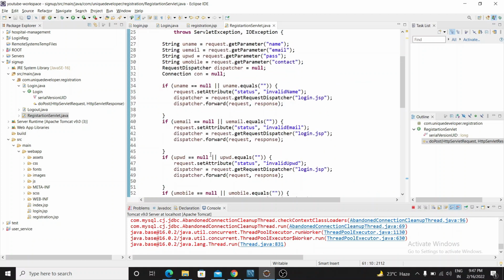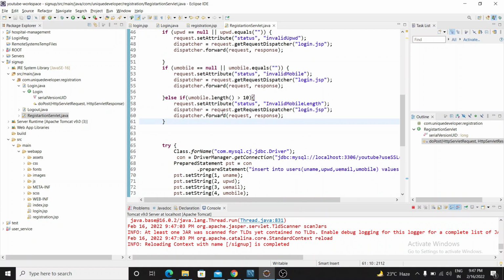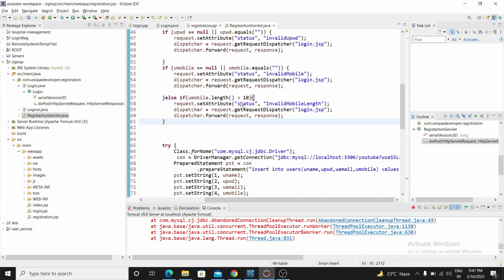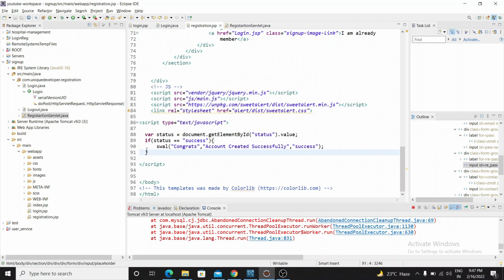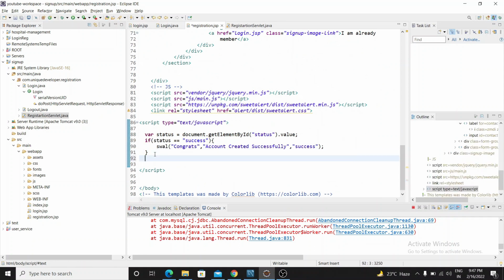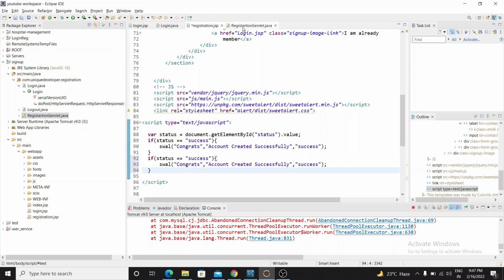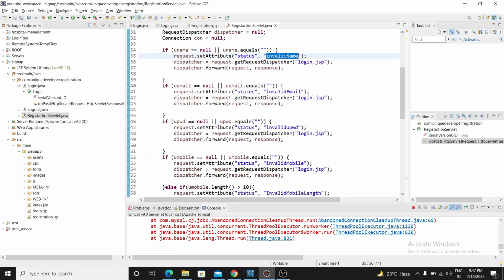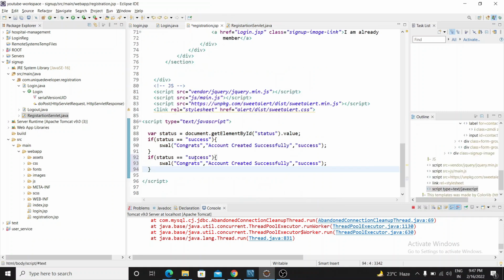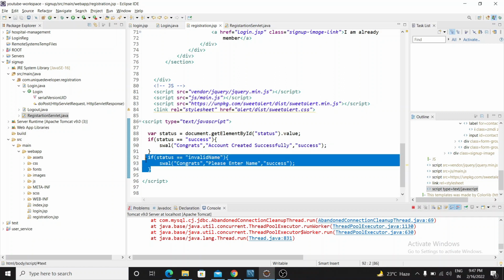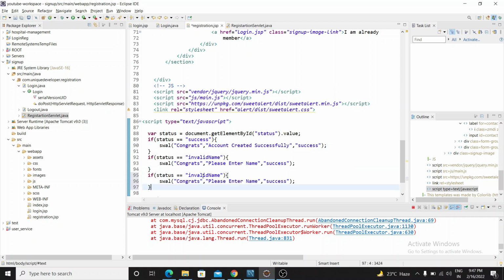Okay, so all validations are done, and now we also have to change the registration.jsp page to display the message. So copy this, if status equal to success, then instead of success, let's copy one by one, invalid name. If it is invalid name, then we will display, please enter name. Okay, please enter name, and let's just copy this again, invalid